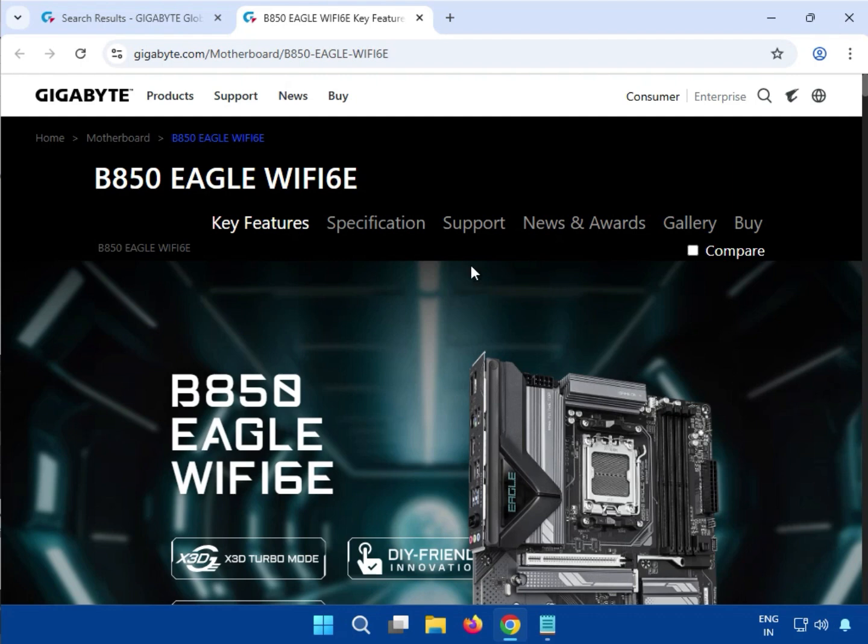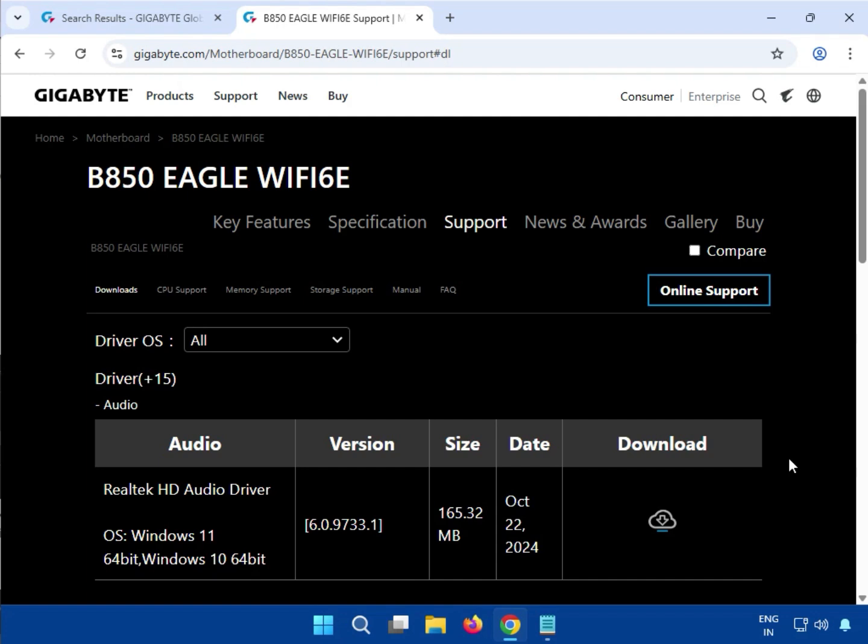So guys, then click on support. Then select your operating system, Windows 10 or 11, whichever is required. So select any installation process, which I am saying is the same. Okay,